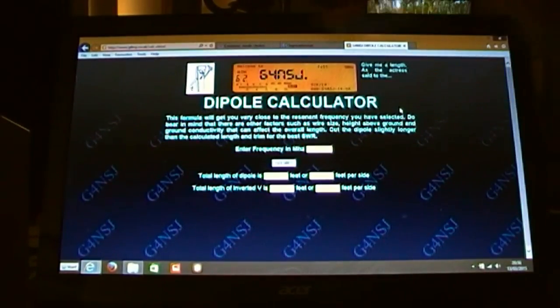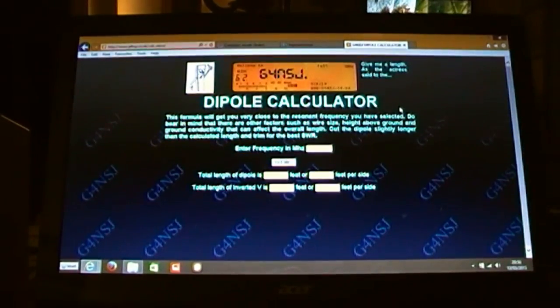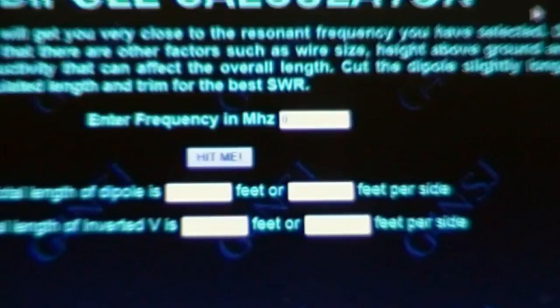There's loads of dipole calculators on the internet, or there's quite an easy formula you can follow to work it out, but like I said, I'm trying to keep the maths to a minimum because it scares people off. Zoom in on that